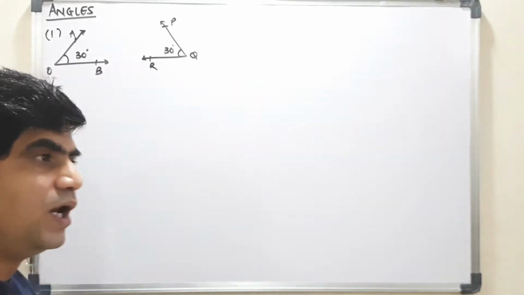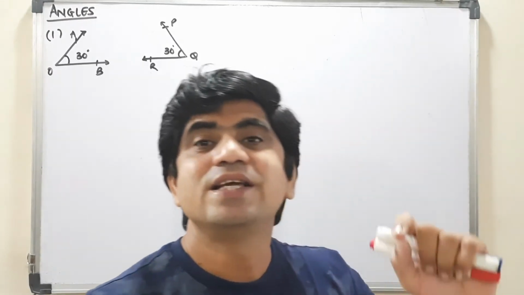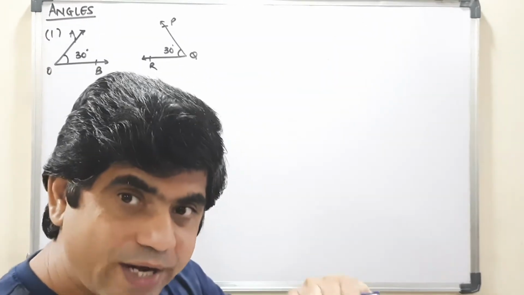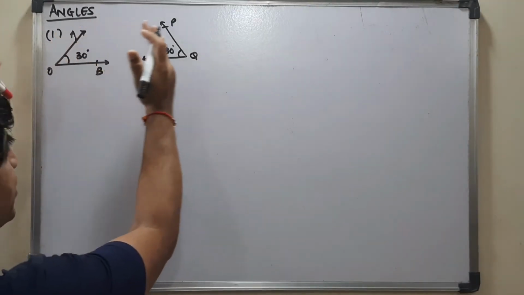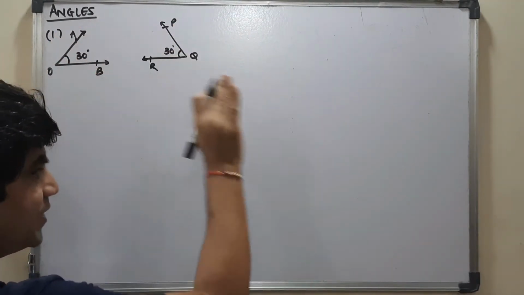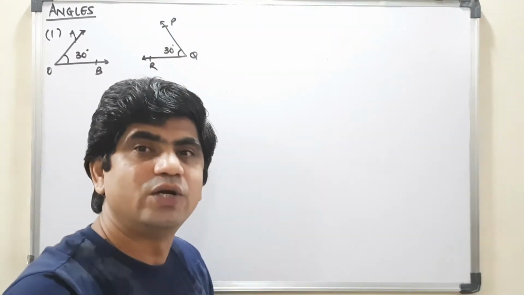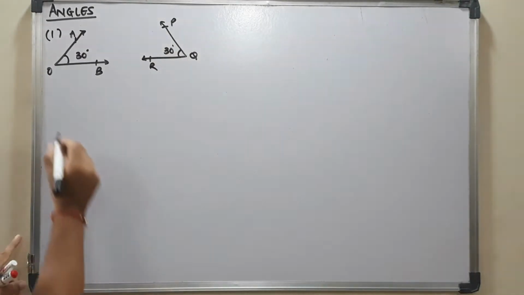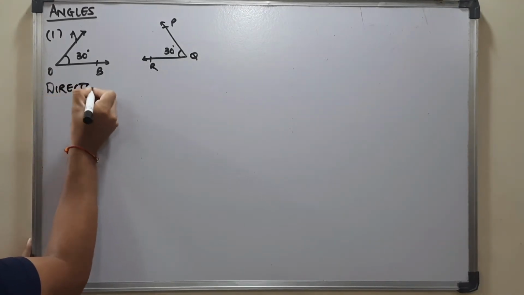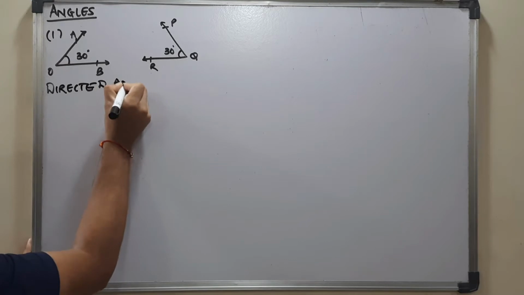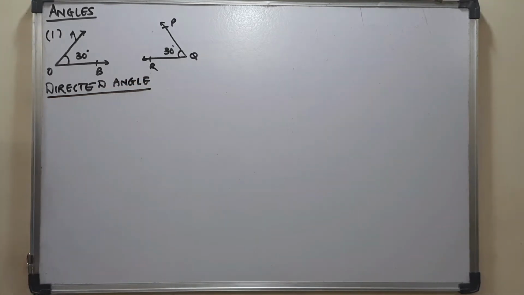So now we will be studying the actual angles, which are called directed angles, that is, angles according to direction. Whatever you have studied till lower standards vanishes over here. Now we will expand our thinking and bring it to a different concept, the concept of directed angles. What exactly is an angle? Let us understand that better.